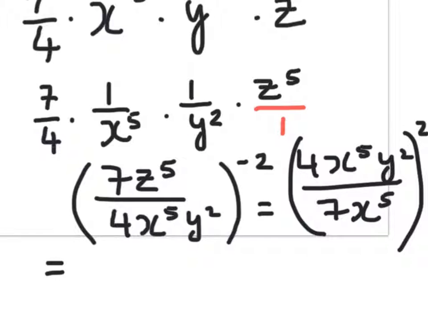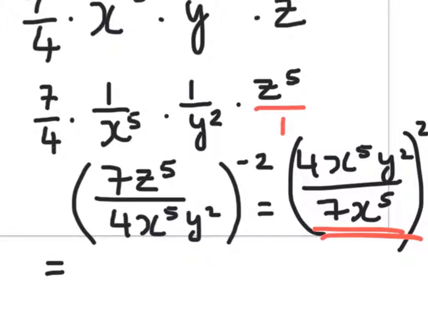Now, to finish that, for this thing squared means multiply it by itself. So we can write this whole thing beside itself. Multiply the 4 by the 4, the x to the 5 by the x to the 5, and so on, expanding it out to get the answer. And that will work. But the laws of exponents tell me that